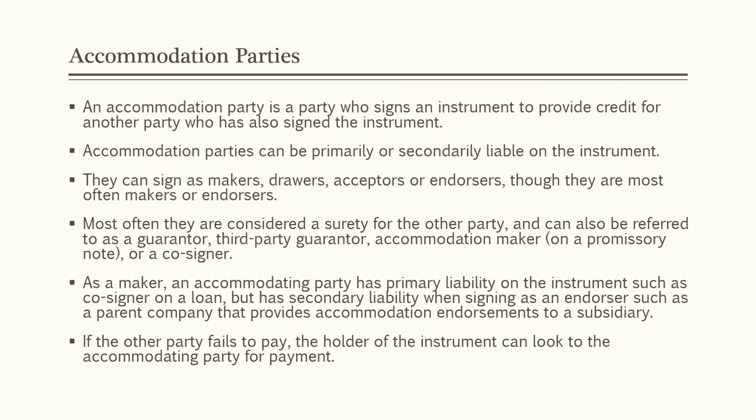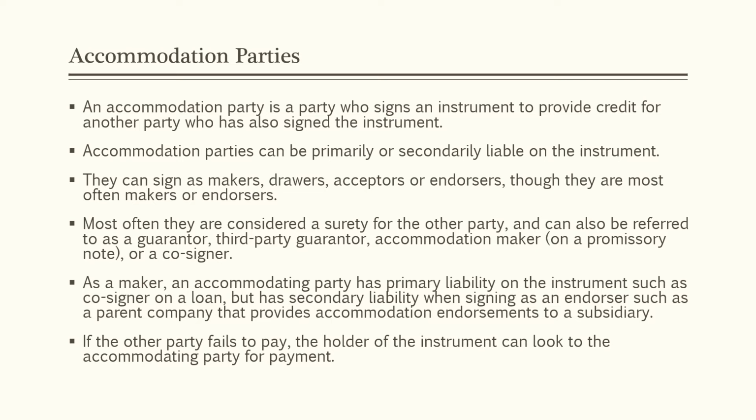Now, suppose you want to buy a new car, but because you're a college student with not much work history, the bank making the car loan requires a cosigner on the loan, such as one of your parents. Both you and your parent must sign the note and are both considered borrowers and makers, making both of you primarily liable on the car loan. If you stop making payments, the bank can sue either or both of you for payment.